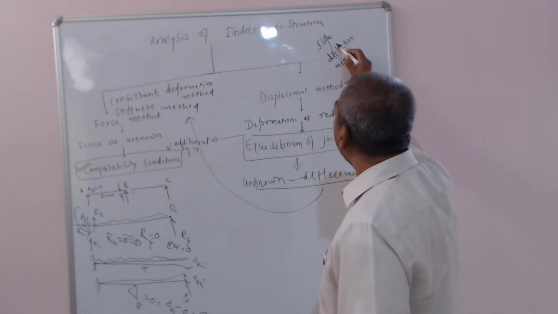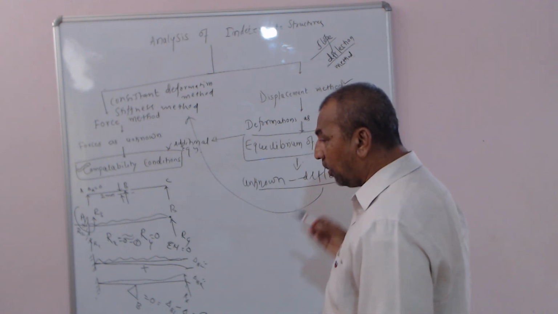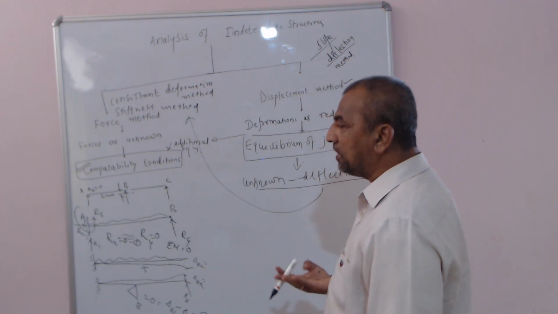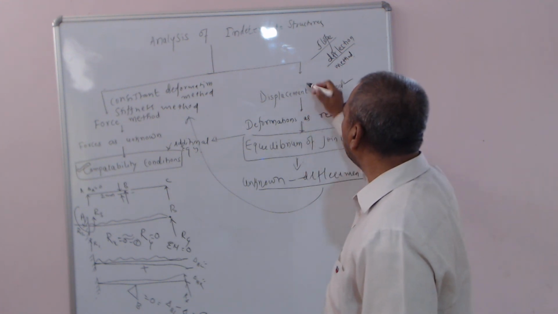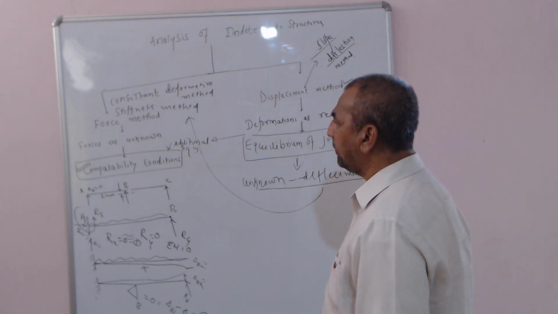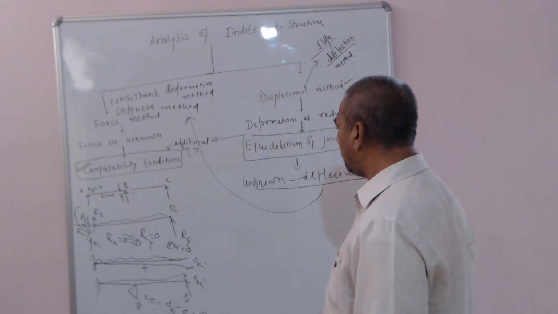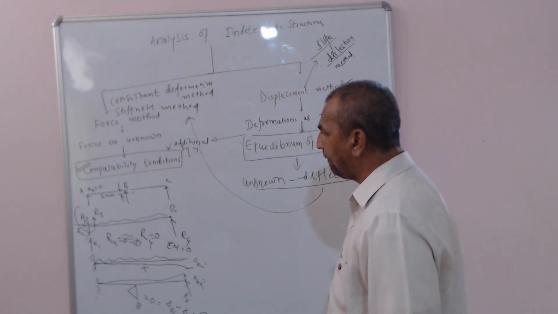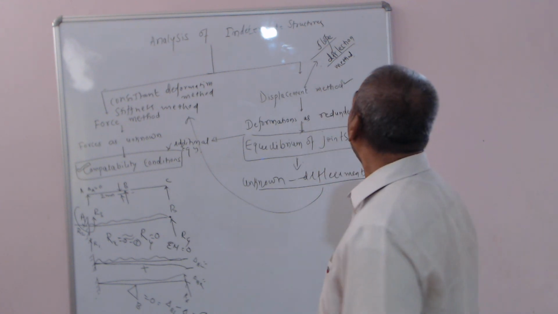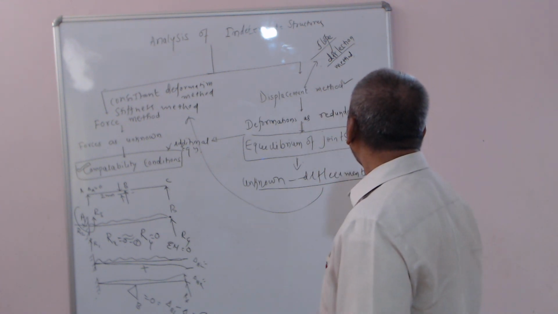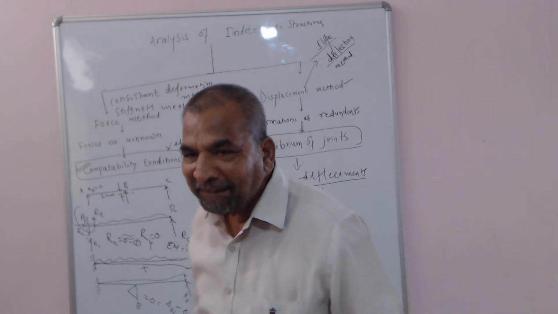Yes, friends, the name itself says slope and displacements are unknown to us. What are the unknowns here? Deformations are unknowns. Therefore, where should I include this particular method? This method comes under the displacement method. Slope deflection method, SD equations. With that as the base, we shall go to the slope deflection method in the next class. Thank you, friends.